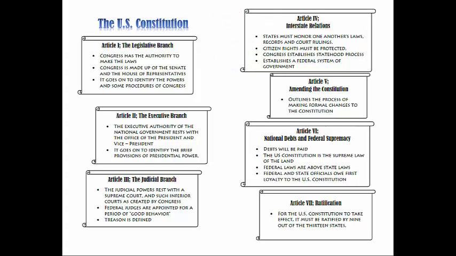The next article is Article 5. Article 5 deals with amending the Constitution. An amendment is a formal change to the original Constitution itself, and this was a genius element of the U.S. Constitution. It outlines the process for making these formal changes to the Constitution, which we'll be looking at a little bit later. I always remember that Article 5 is the amendment process